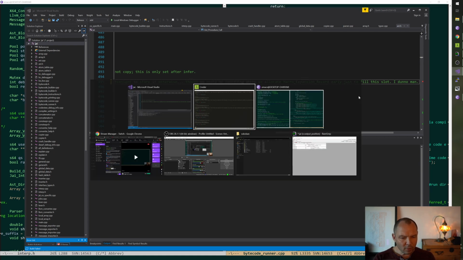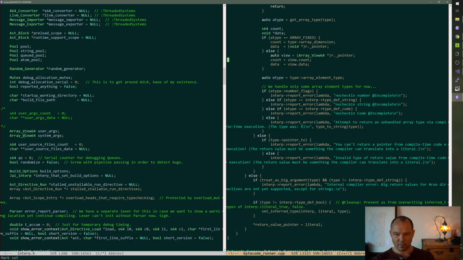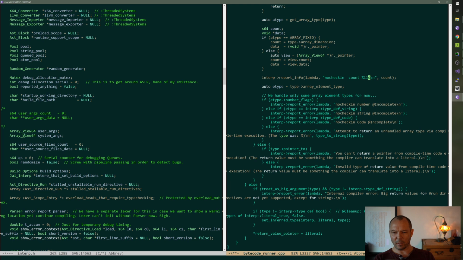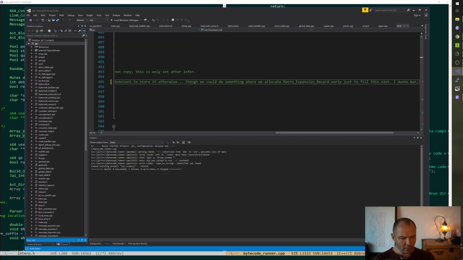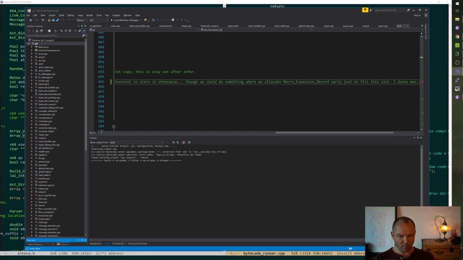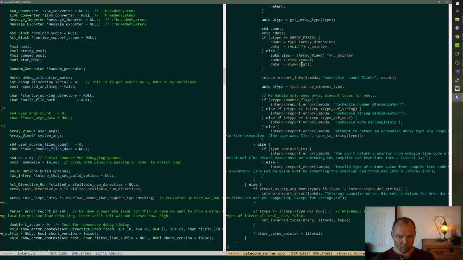What did I do wrong? So we're just going to print out the count. It didn't like this because this is a pointer, and we're in C++ here. Type to string here.